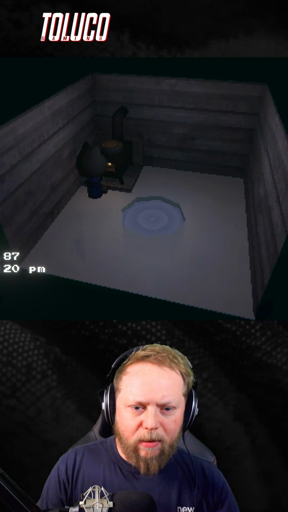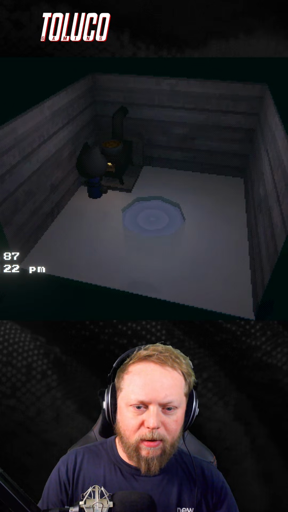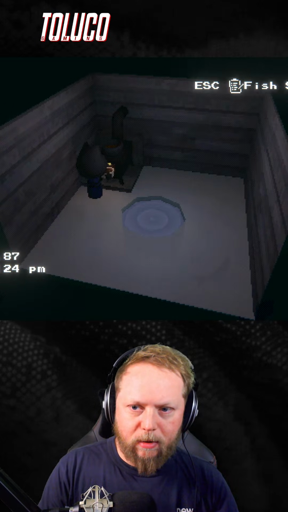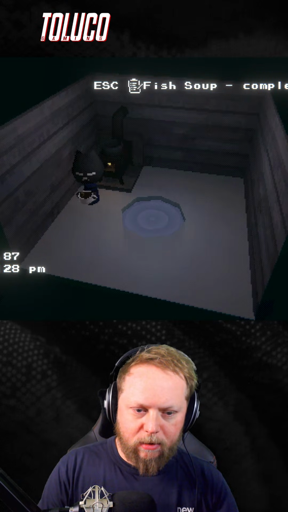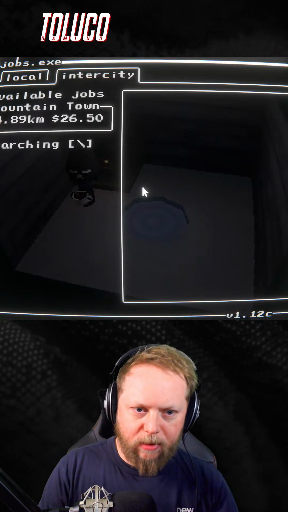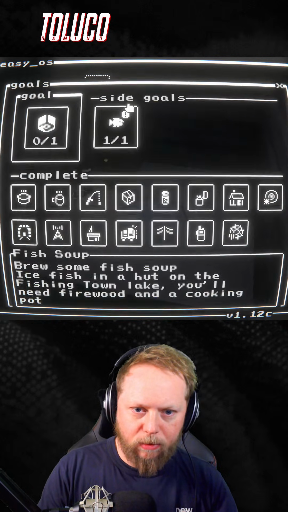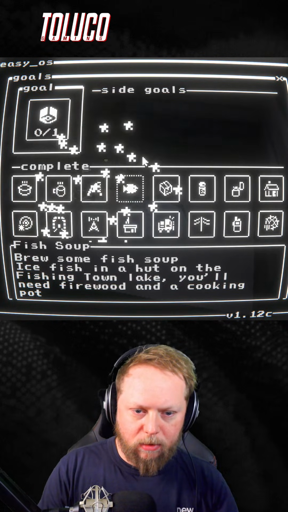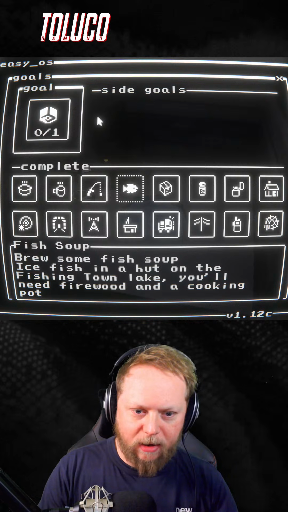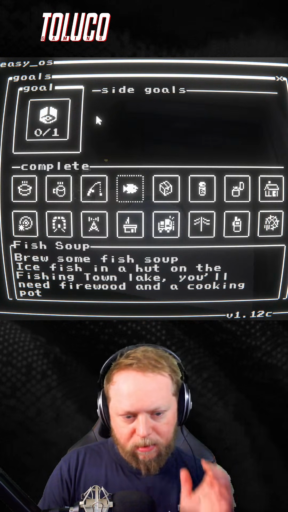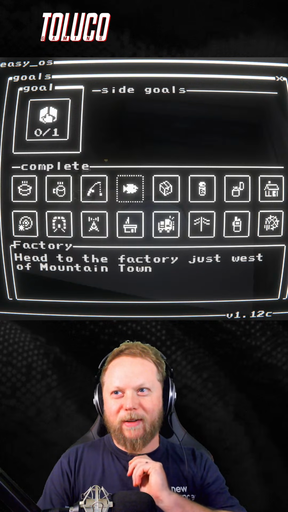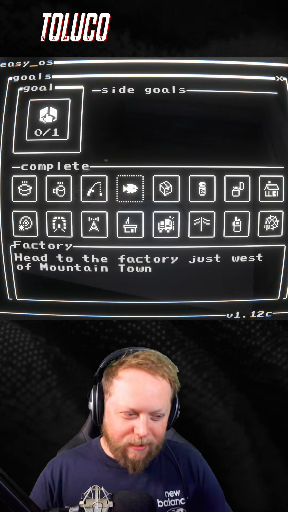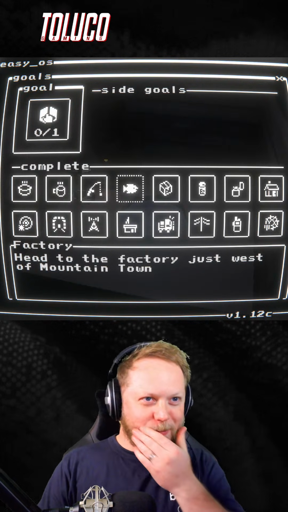Alright, so what's going to happen now? I'm going to make fish soup. Where's it going to go? Go cook a fish. Right. Doesn't tell me what I'm going to do with that though, does it? Goals. Done. Oh, is that the side quest's finished? So now I'm doing this. Skin it, yeah, full on skin, bones, blood, everything.